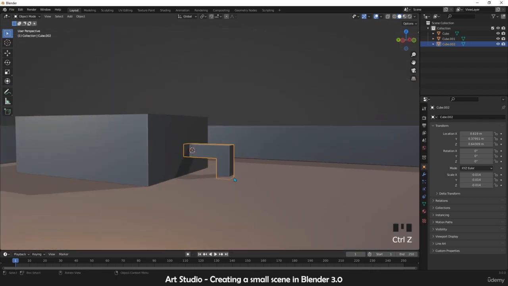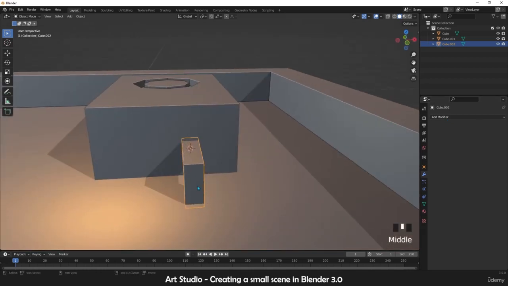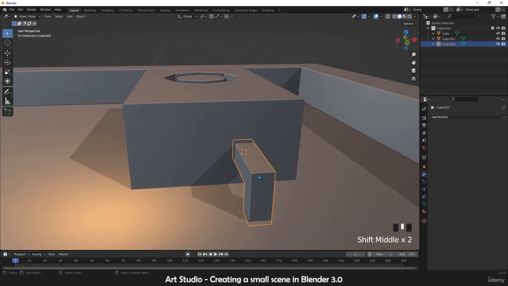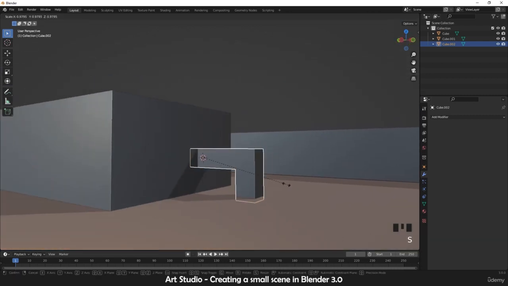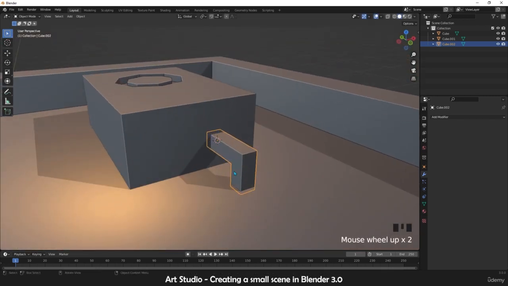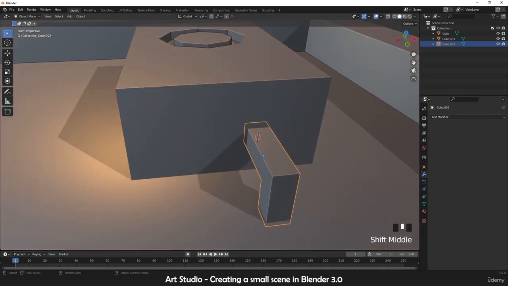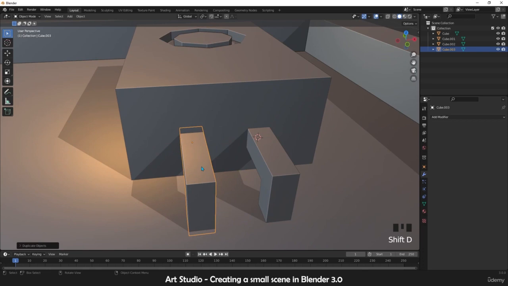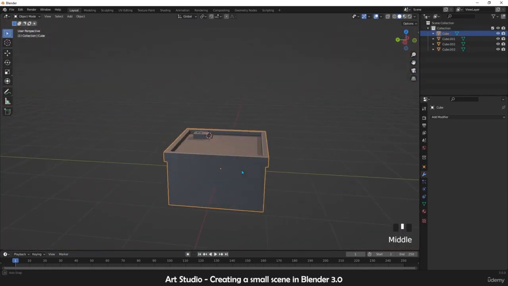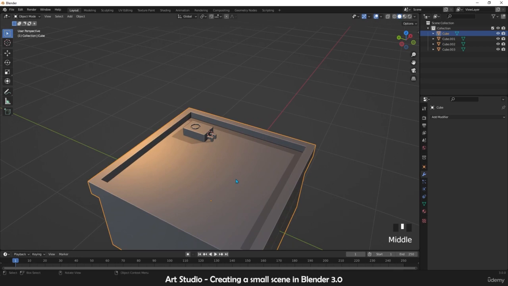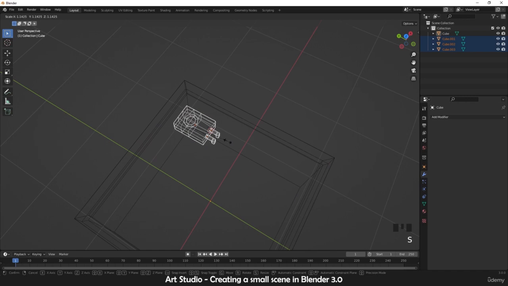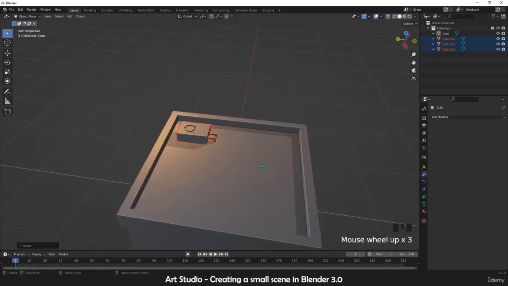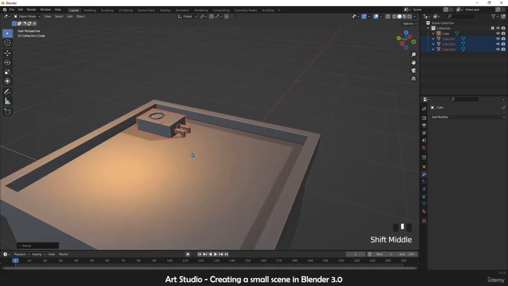So that's it. I just press Ctrl and 1 and it will add some loop cuts, some subdivision for me. So I think that this is a pipe, okay, or even we can make that smaller. Oh, that's one. So in order to make a duplication of that, press Shift and D and move that here. Okay, so now it's a bit like an air conditioner. So we select everything and scale it just a bit. So that's fine. Okay,